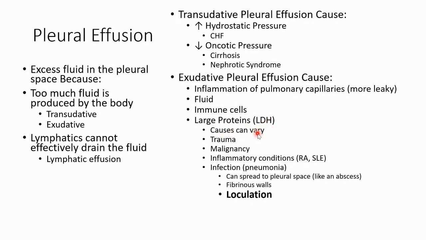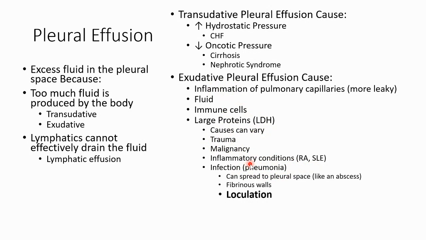Causes can vary, but some common reasons that somebody would have an exudative pleural effusion: trauma. Probably the most common here would be a malignancy. Okay, there's some kind of cancer, inflammatory conditions like rheumatoid arthritis and lupus, an infection like pneumonia. And this is another common reason that somebody can have fluid that backs up, right? The infection kind of leaks into the pleural space, and